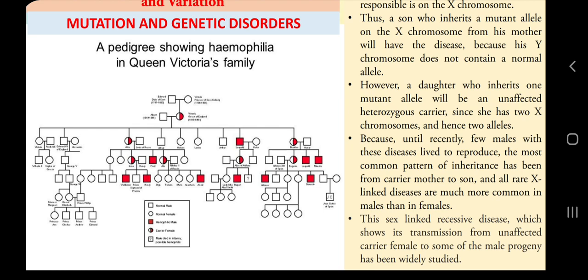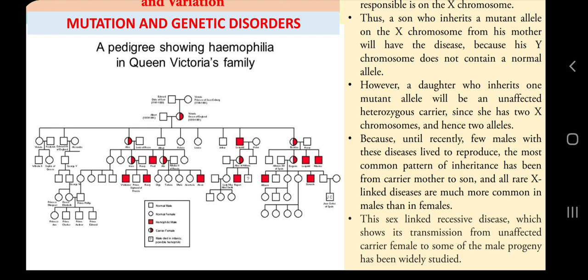So only royal families in previous times could take care of these types of males, and after all, when that male reaches reproductive age, there are chances that he will not survive in normal conditions, and if he survived, no one wants to marry that type of person because their children may be affected by this type of disease.